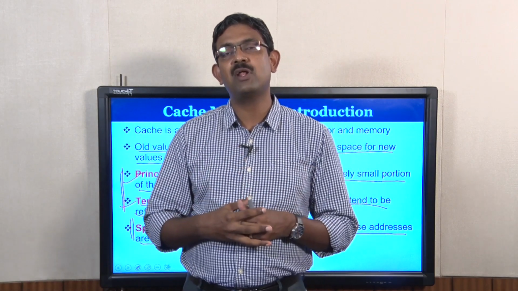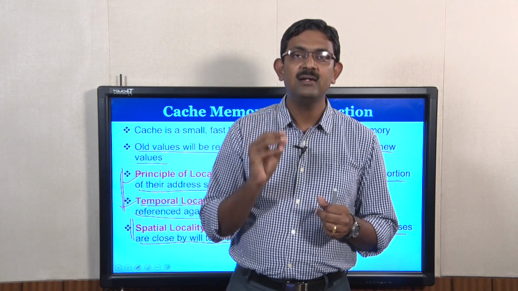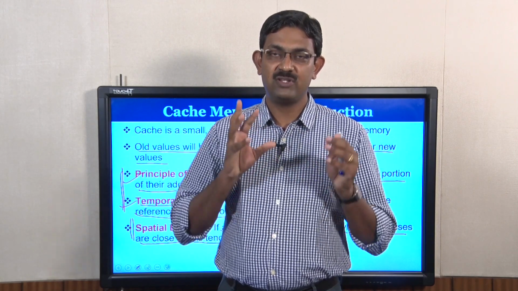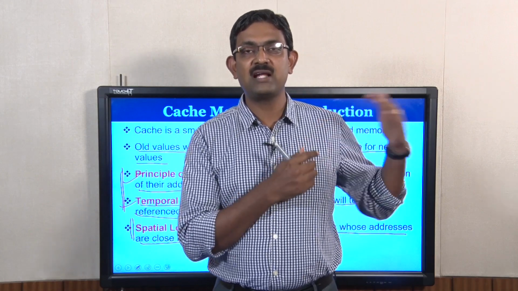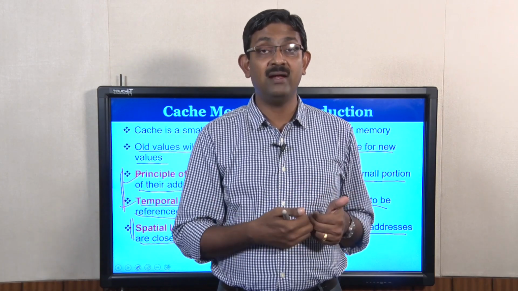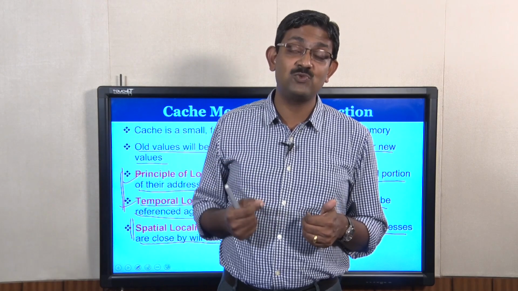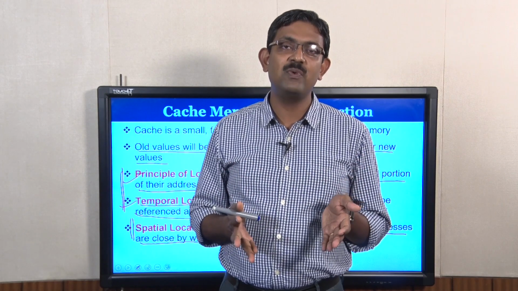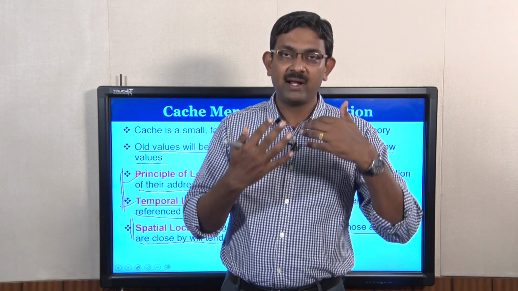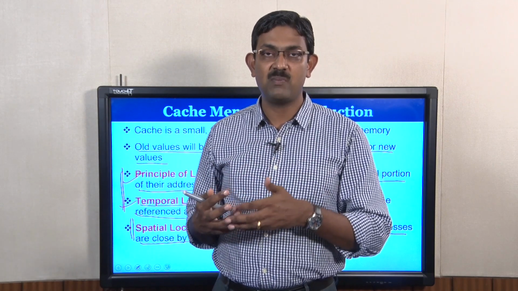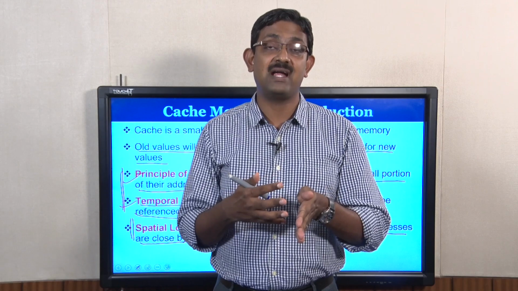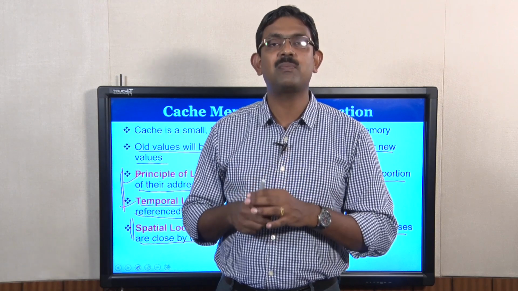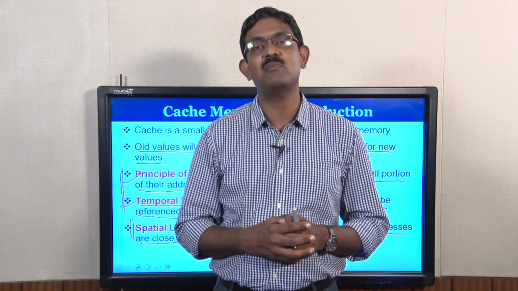Now, let me put together temporal locality and spatial locality. When the CPU is requesting an address, if it is not there in your cache memory, you go to the next level of memory and bring it. Why do you bring it? Because there is a possibility that the same address will be requested by the processor in the near future: temporal locality. So even though in my current reference I do not get it in my fast cache memory, I go to the next level of memory and keep it in cache, because my future access to the same address can be supplied from the cache. That is how I make use of temporal locality.